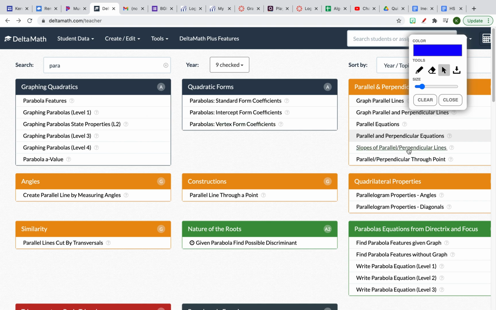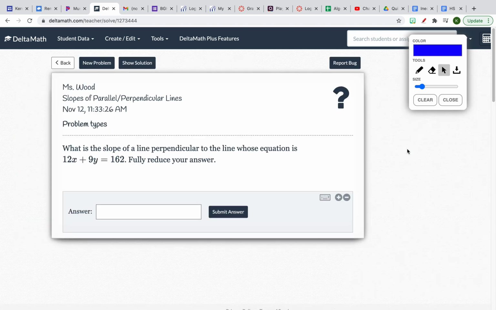The other questions, slopes of parallel and perpendicular lines. What is the slope of the line perpendicular to the equation? Okay, so first step is to put it in slope-intercept form. Subtract the 12x, so we have 9y is equal to negative 12x plus 162,